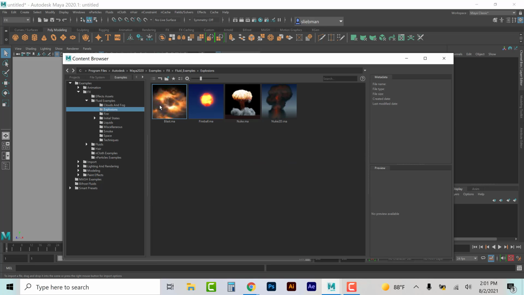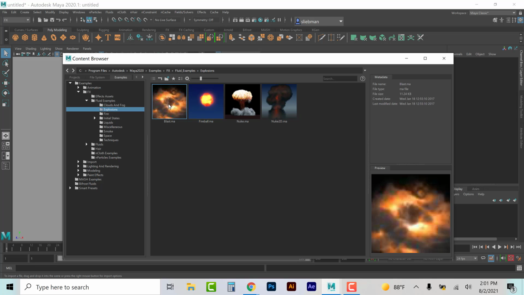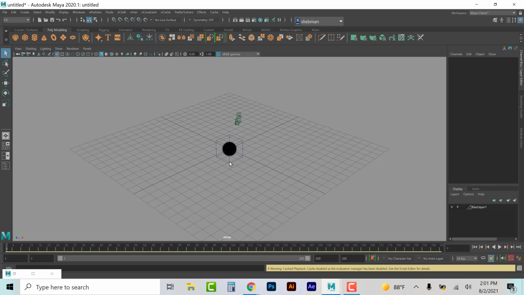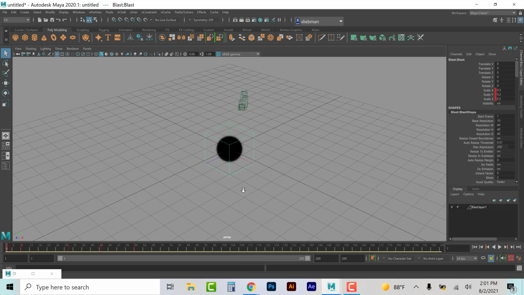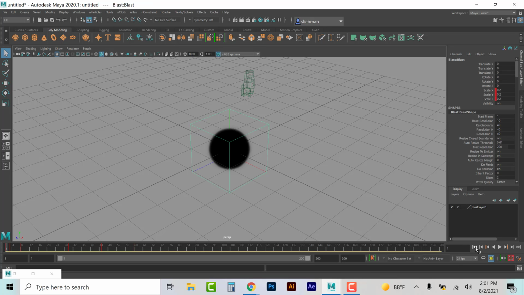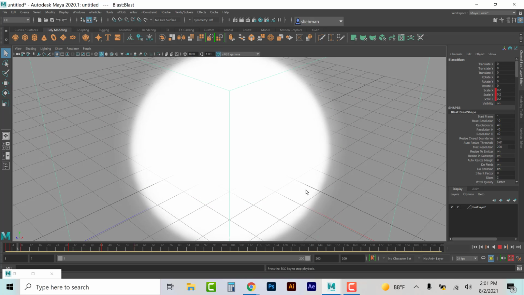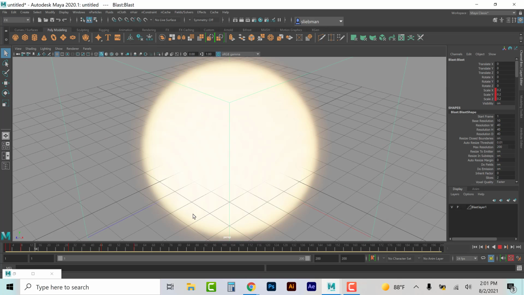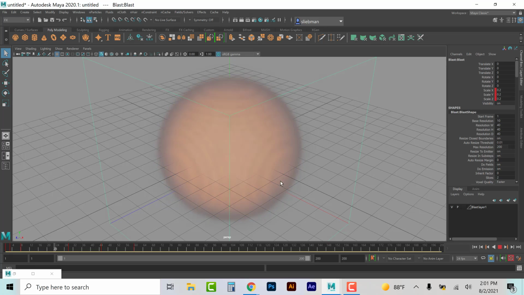You also notice here are some explosions, nuclear explosion, fireballs, and a great way to understand how this basically works is I'll go with just the blast here, and to import it, we right-click and import. That pulls it into the scene, and you see now what we basically get. It even gives us a camera that we can work with, but the best way to see this in action, working with these fluids, is we hit the play button,